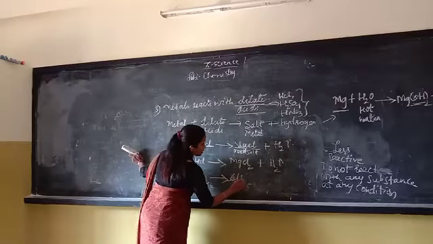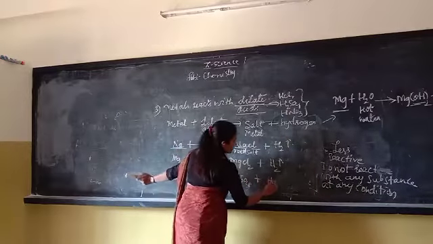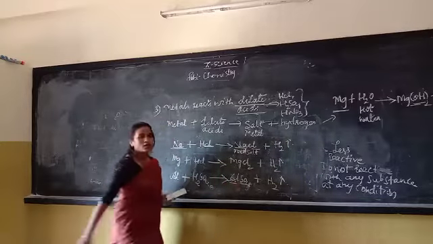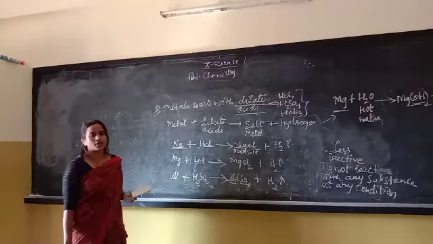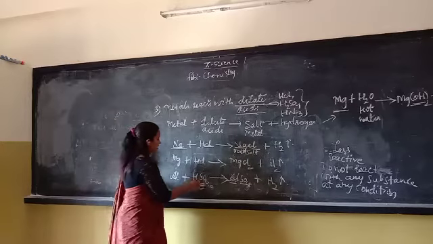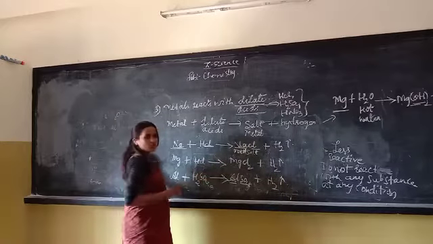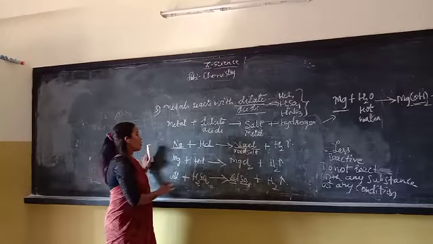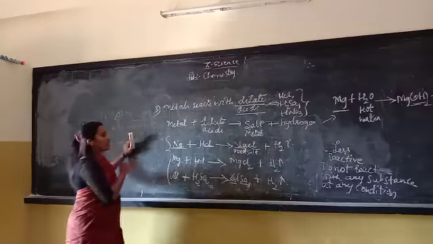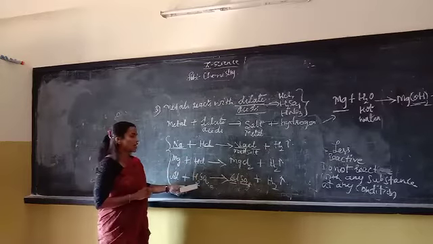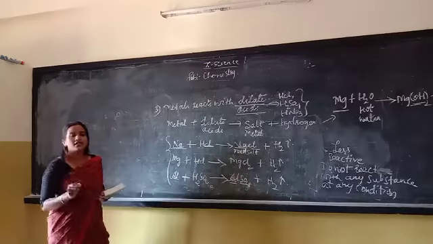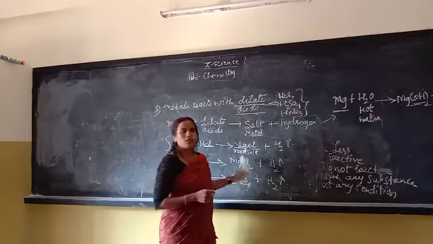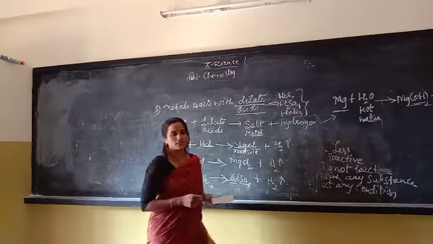Al2(SO4)3, aluminium sulfate, and hydrogen gas as a product. So aluminium is a metal and SO4 is a salt, so a metal salt as a product. Okay. So Na plus H2SO4 gives Na2SO4 plus H2. You take any of the metal. Understood? So when a metal reacts with acids such as hydrochloric acid and sulfuric acid, it forms a metal salt and hydrogen gas as products.